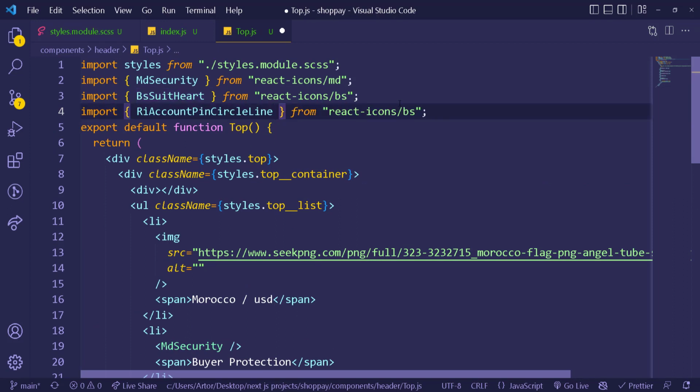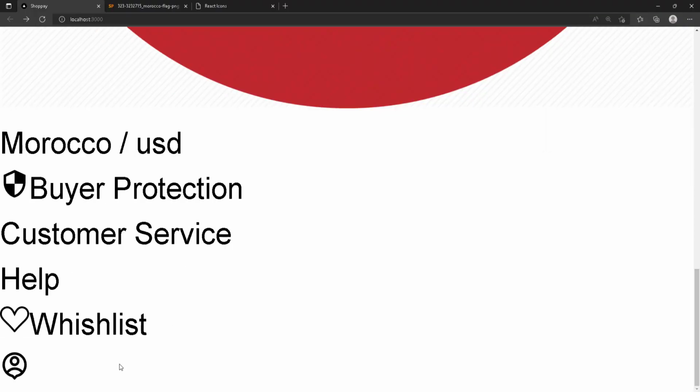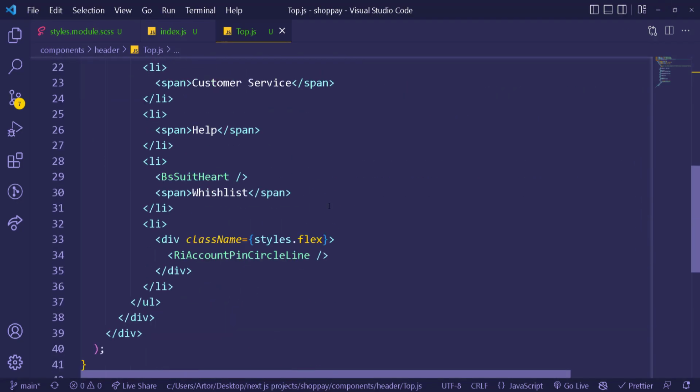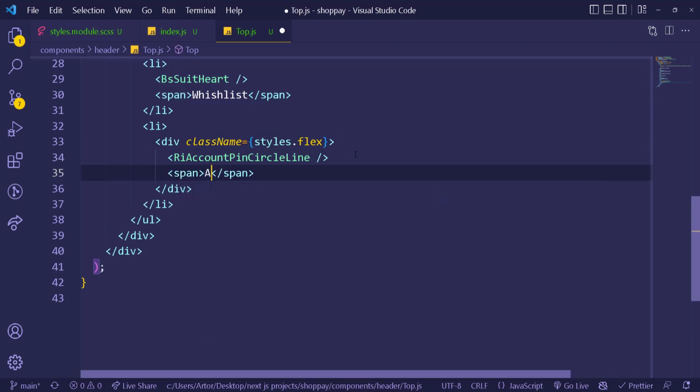You can import everything and start. I can import it in another way, but I prefer this way. So this is going to be from RI. Let me just see if it's actually true. Yeah, it's true. So this is icon, and then simply after that we're gonna have a span